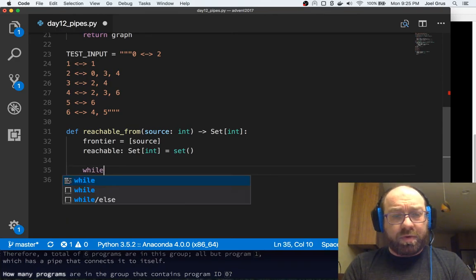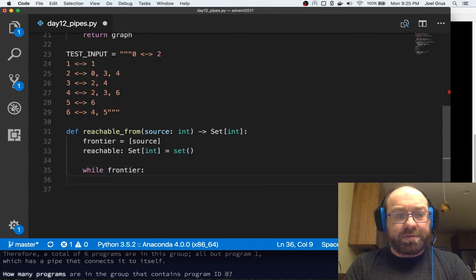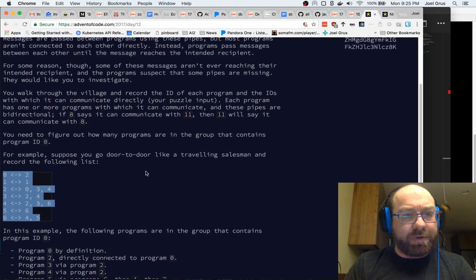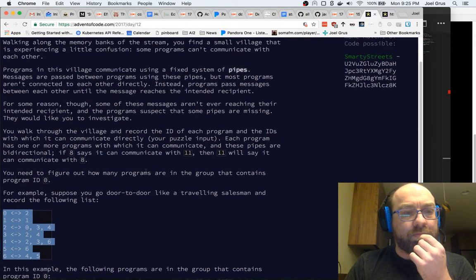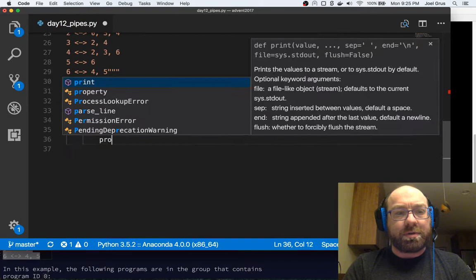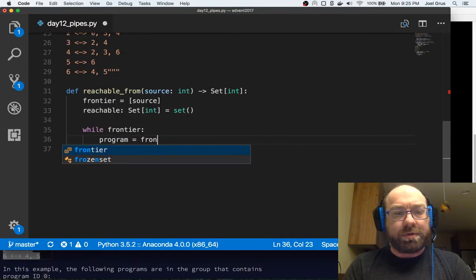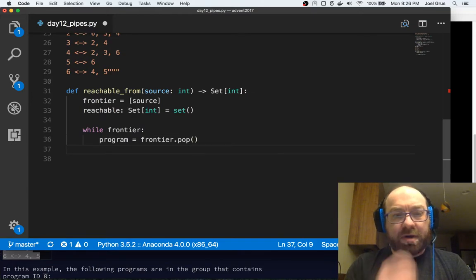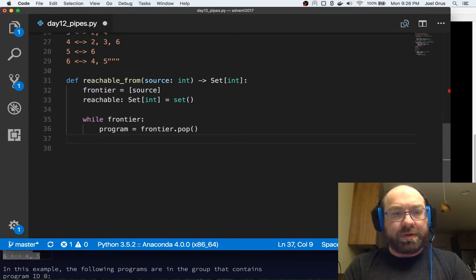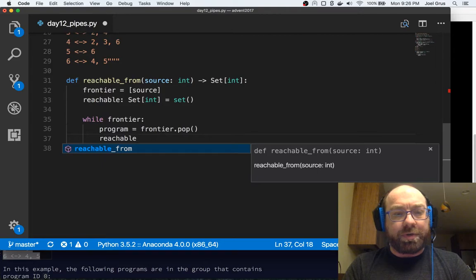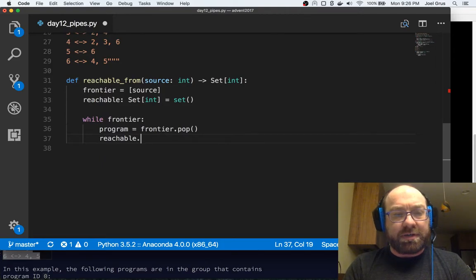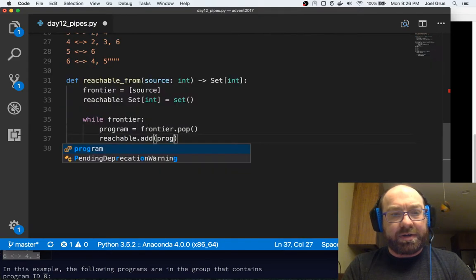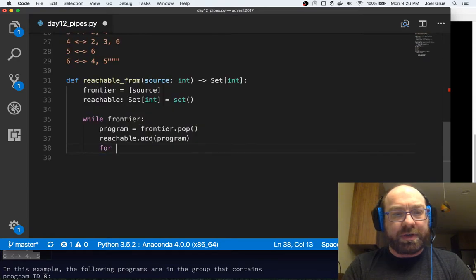So while frontier is not empty, what are we calling these things? They're programs. So program equals frontier.pop. So we'll just pop this thing off, and so we'll say reachable dot add program, and then we'll say,